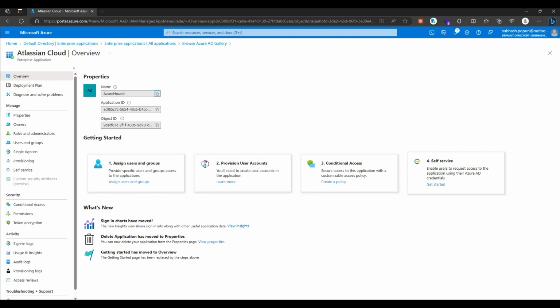Now, how does the typical authentication flow work when we talk about enterprise apps and app registration? We have a bunch of token grant flows that Microsoft Azure AD supports today. There are around 6 token grant flows that we'll be talking about, namely auth code grant, client credentials grant, device code flow, on-behalf-of flow, implicit grant flow, and resource owner password credentials. And on top of that, we'll also